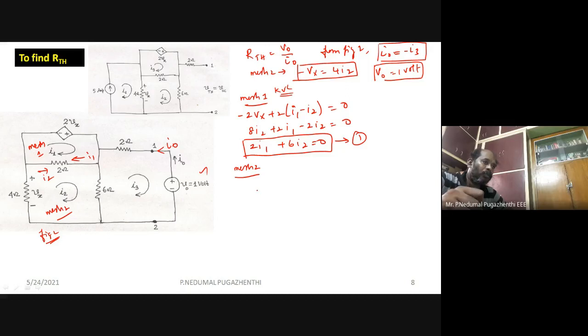Okay. So based on the inspection method, I can write minus 2 I1 because it is the opposite direction. How much I2 will be there? I have 4, 2, 6, 6 plus 6, 12. So plus 12 I2. And you see I2 is in this direction and I3 is in this direction, so they are opposite. So I will have minus 6 I3, and I am not having any voltage source there, so I will put it like 0.